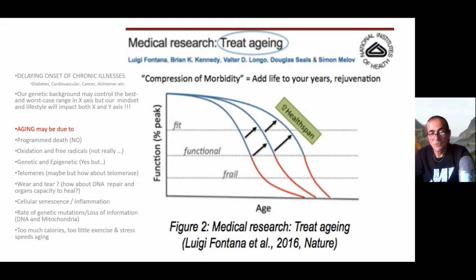These days, more and more people talk about cellular senescence and inflammation. I guess, again, there are multiple reasons why we get less functional as we get older. But definitely senescence and inflammation seem to be the hot topic these days. The rate of genetic mutations in DNA and mitochondria is also important. People mostly talk about genes, they just focus on DNA, but mitochondria is another important genetic